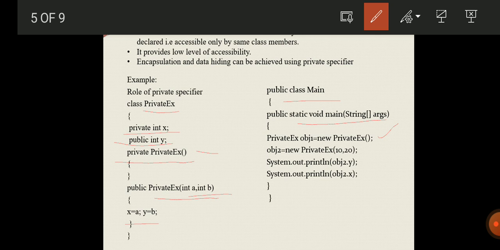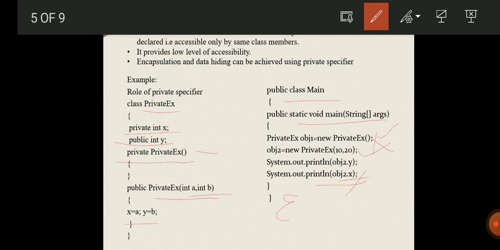While creating the object, that particular private member can be used only within the class. This x can be used only within the class. It cannot be used outside the class. So here it gets an error, that private constructor cannot be applied, and the public constructor can be applied, but anyway there is no option of accessing the x value since x is defined as private.